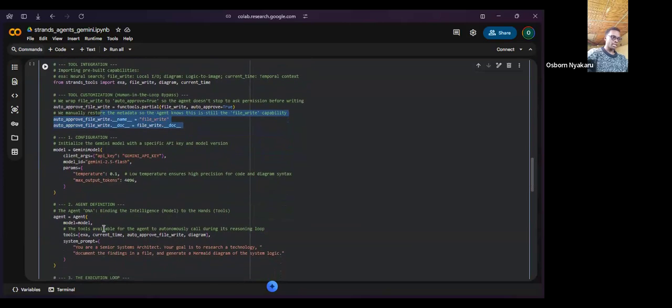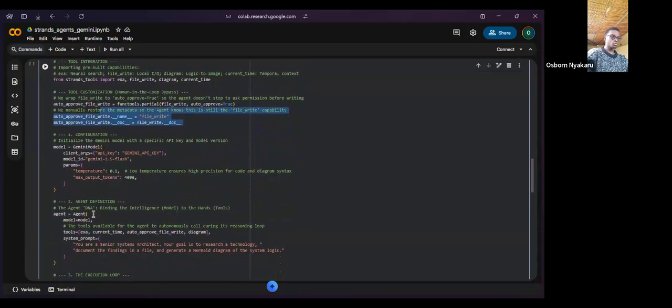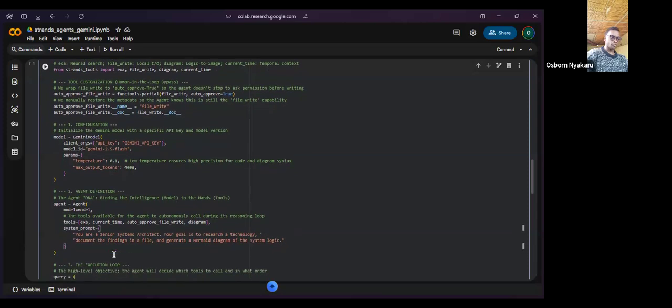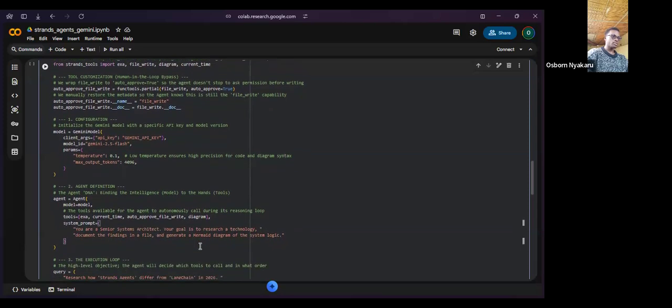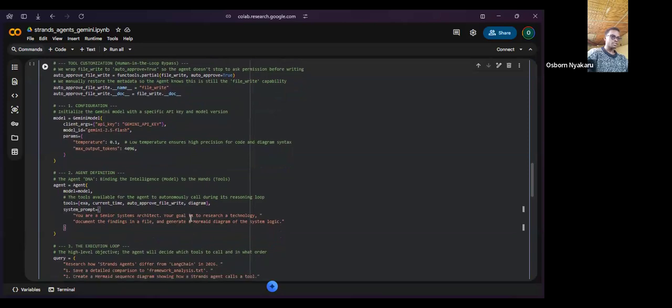Then we have defining the agent itself, connecting the model with the tools and the prompt so that the agent knows exactly what it can do. This is where you update your agent, and it can be as detailed as possible depending on what you're doing.